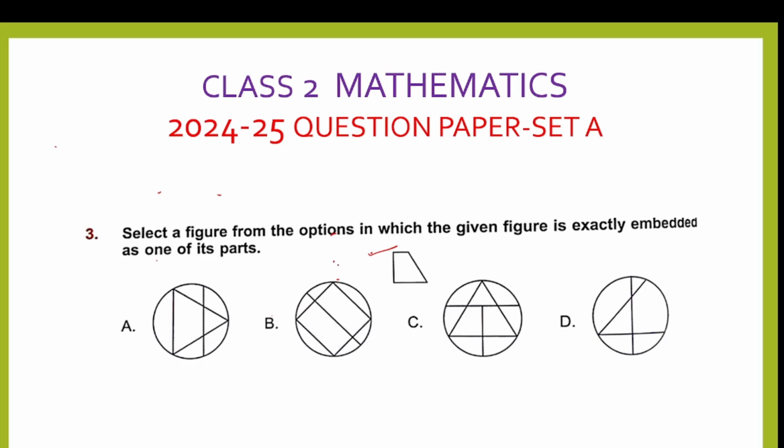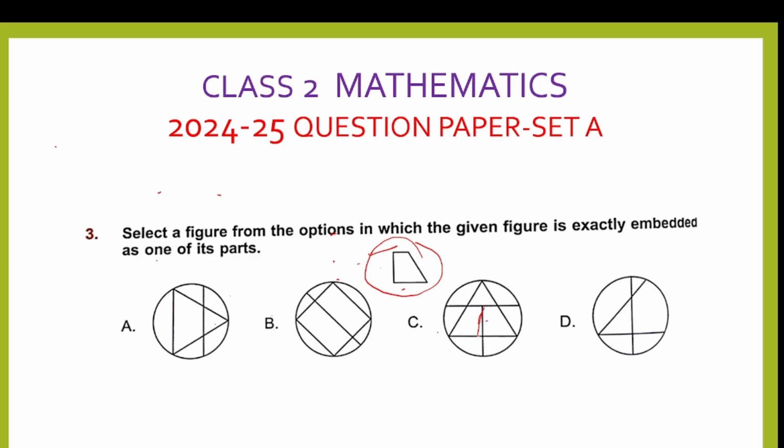So again we have to observe the four figures, options A, B, C and D, and choose the correct option. So first observe this figure, and we have to put this part in any option A, B, C or D. So if we observe here, we can exactly embed this part in option C,